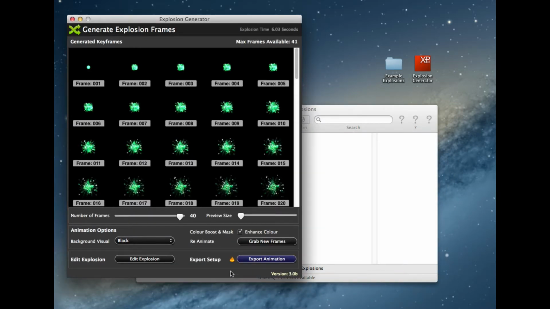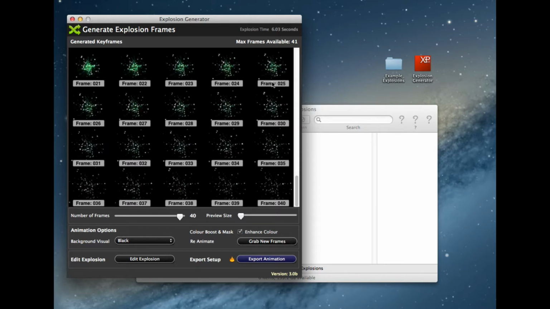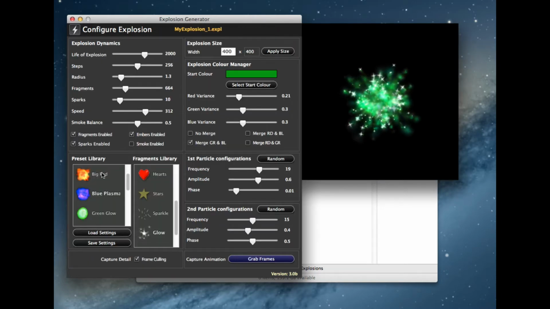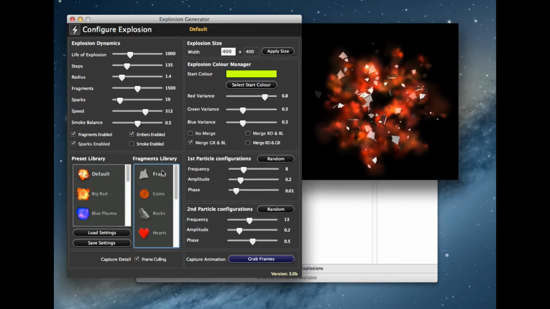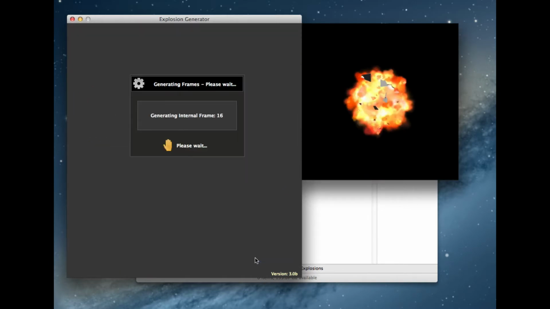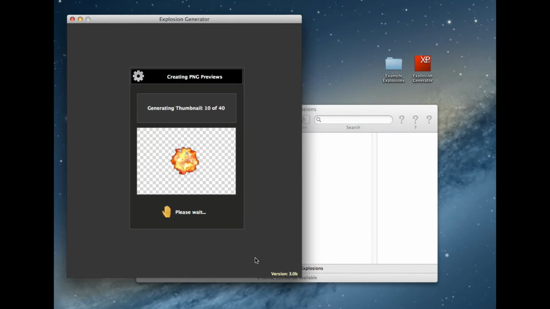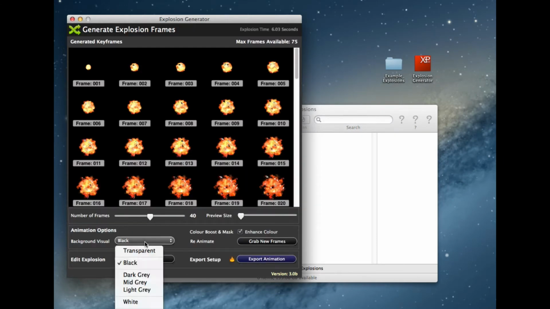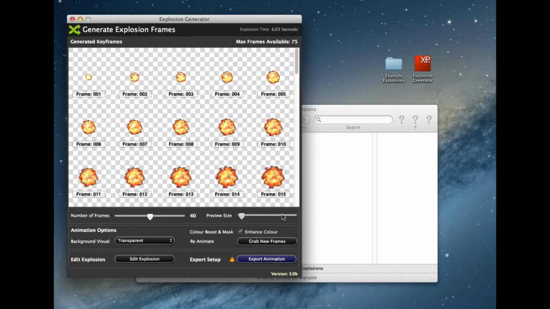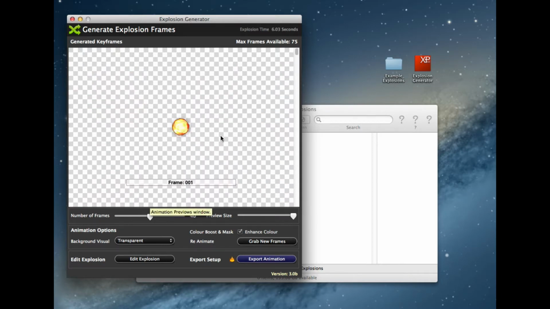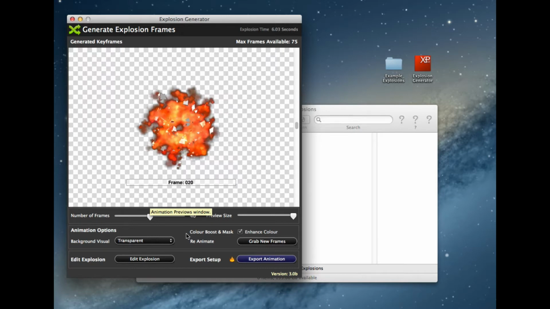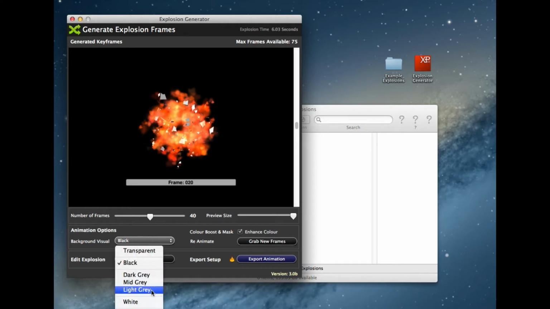Okay, so what we're going to talk about next is some of the extra features you can actually do with capturing the animation. I'm just going to go back to a big red one. Okay, let's just grab this. Okay, the tool, let's put on transparent background. The tool actually separates out and works out all the masking for you. Before you had some controls where you controlled the masking, but now the tool actually handles the masking to give you very deep, opaque explosions where required, and transparent fading out, as you've seen, nice and clean, onto different coloured